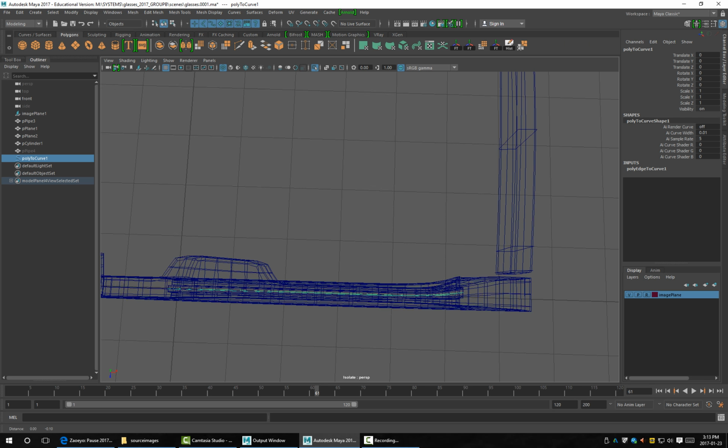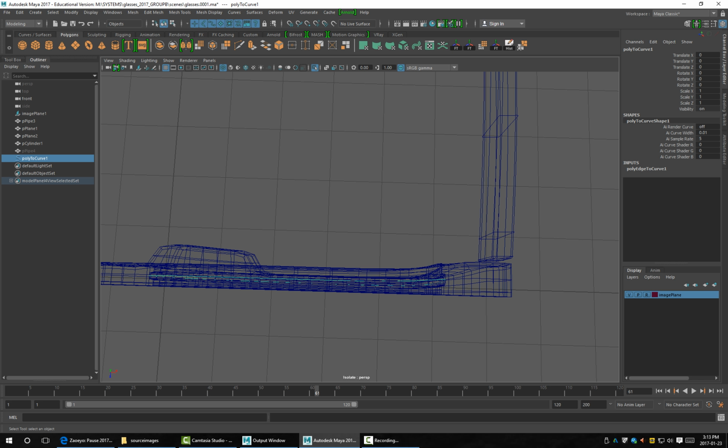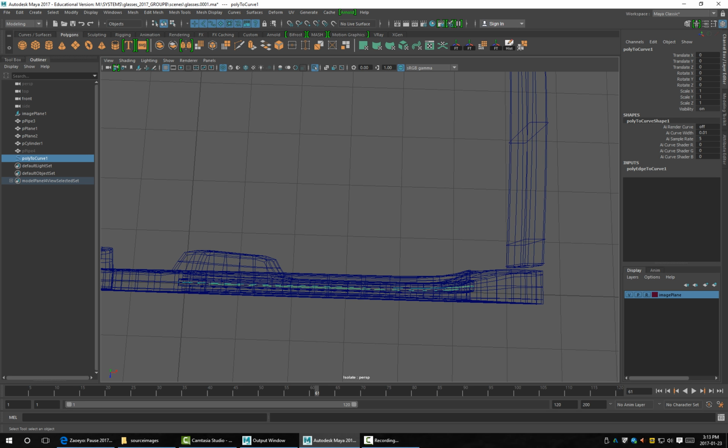Now I can see here that this curve is not planar. And why is that important? Well, planar just means flat. It's not perfectly flat. I can see here on the edge it goes across and then it tapers up slightly. For this to work, we're going to use an actual operation called the planar operation, which generates surfaces from flat curves. So for example, if I had a